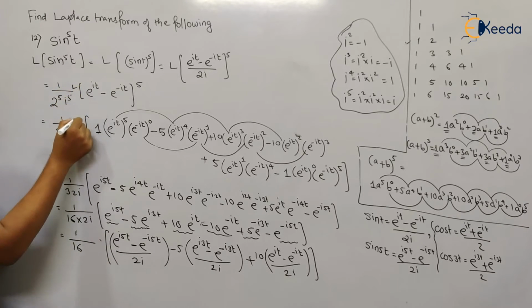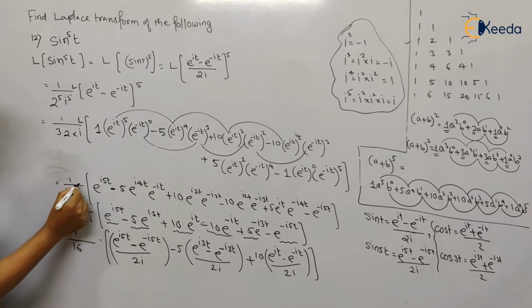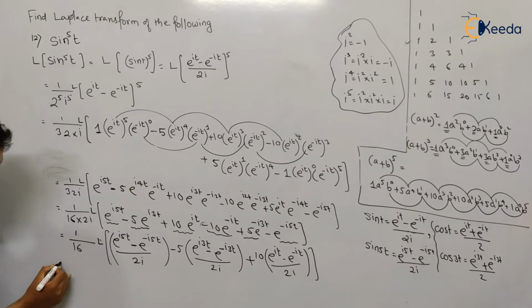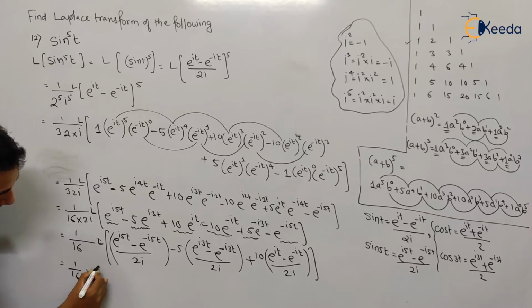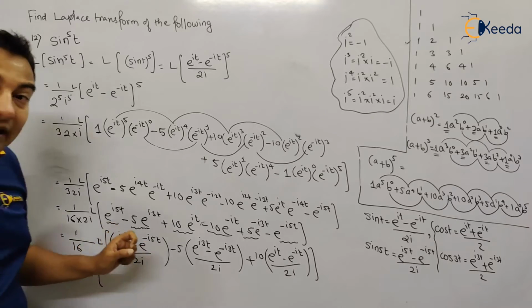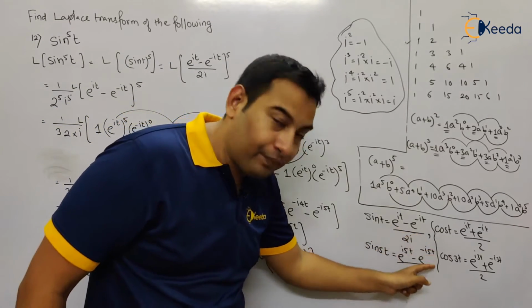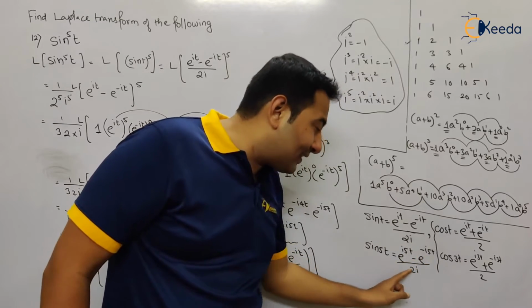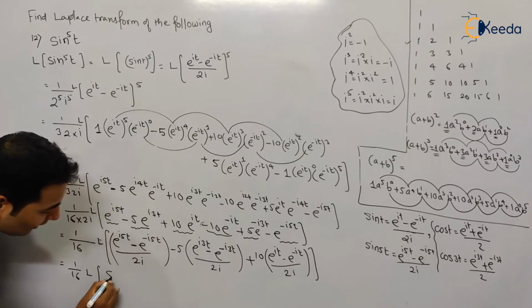here there is a Laplace. This Laplace is there in all the steps, right? Which is equal to 1 upon 16 Laplace of, see here, e raised to i5t minus e raised to minus i5t upon 2i. See here the formula: e raised to i5t minus e raised to minus i5t upon 2i is sin 5t. So this term will become sin 5t